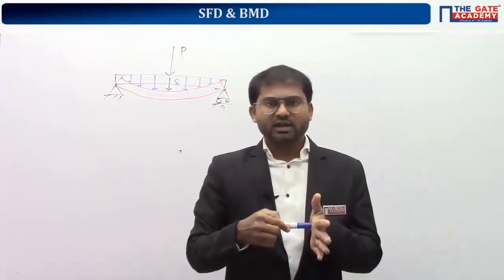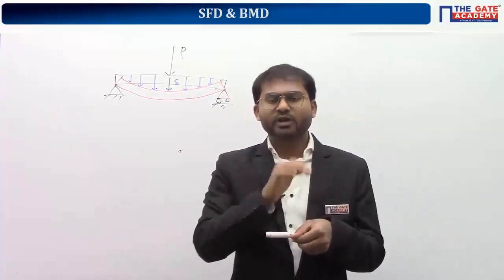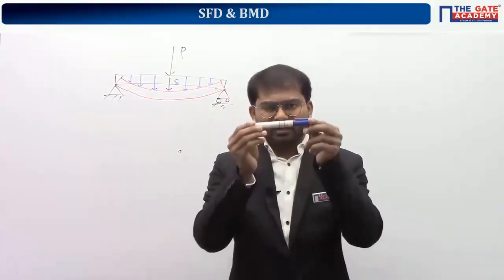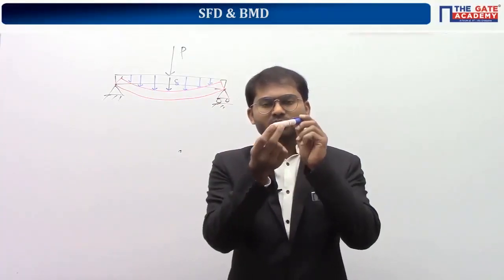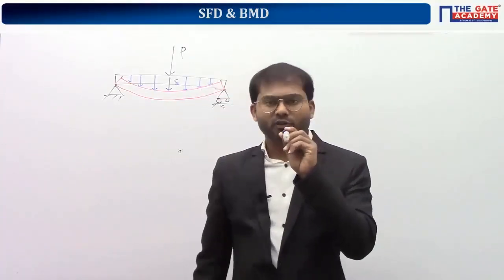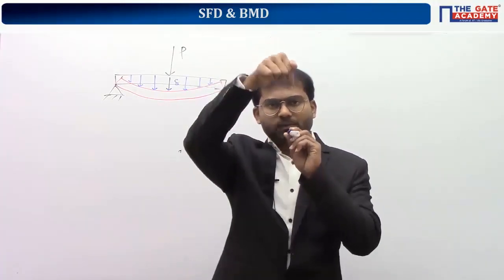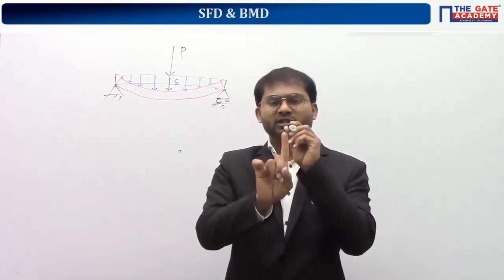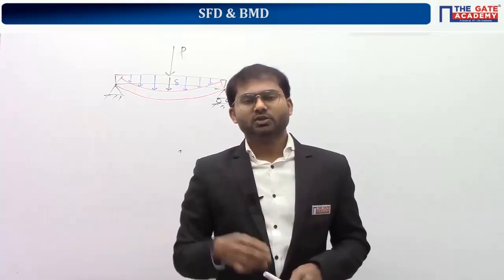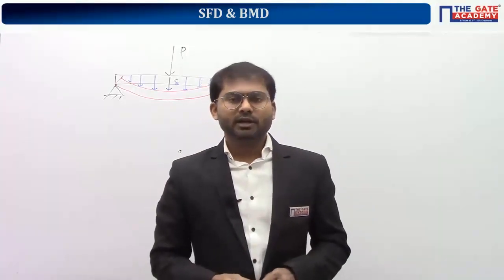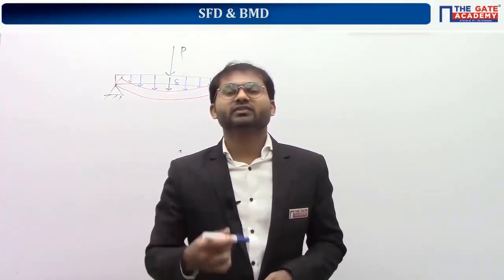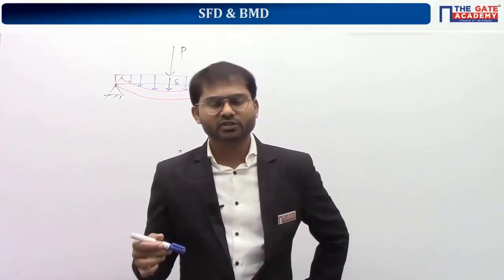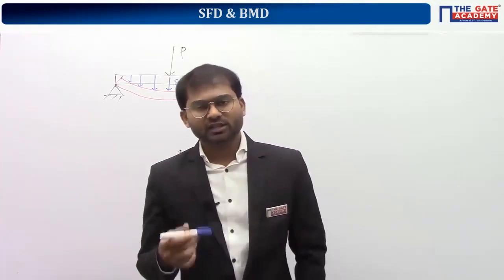These forces are acting parallel to the area of cross section. If you take this as a beam, this is the area of cross section. If you apply some load, it is acting parallel to the area of cross section. Any force, applied force or supportive force, is acting parallel to the area of cross section. So we are going to see the variation of induced value of the force along the length of the beam.